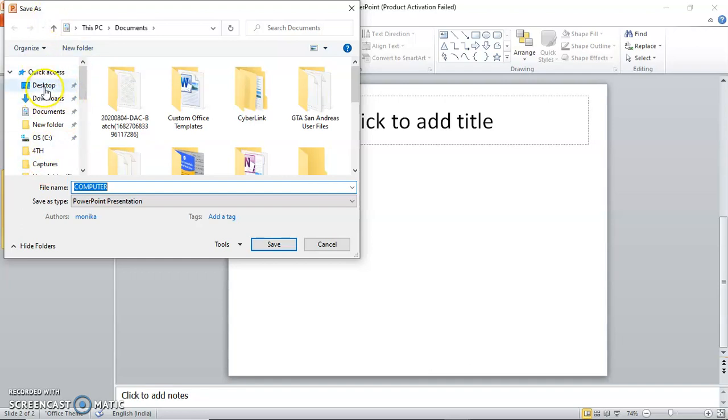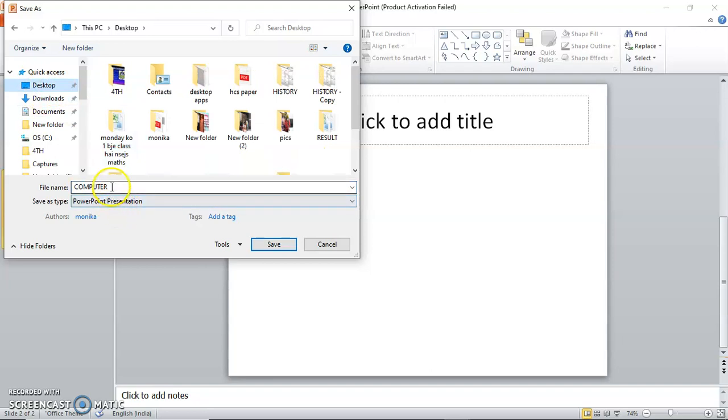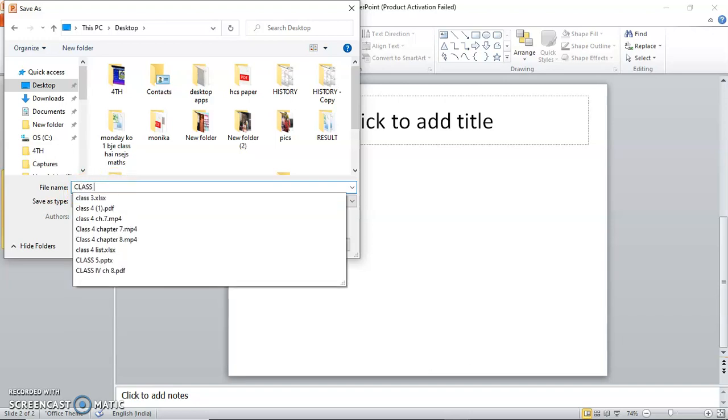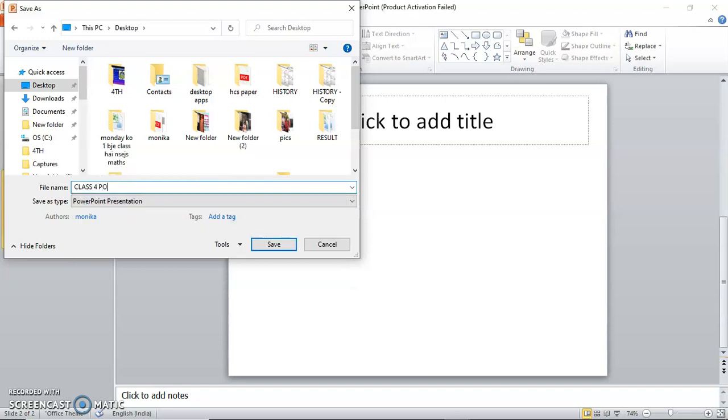Let me select Desktop. Now here, you can give a name to the file. Let me type class 4. After that, click Save.